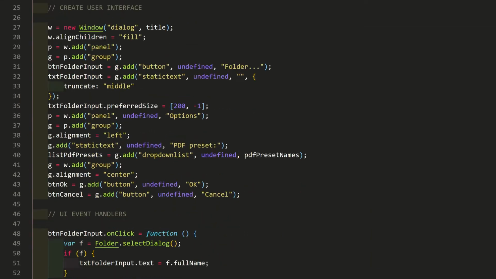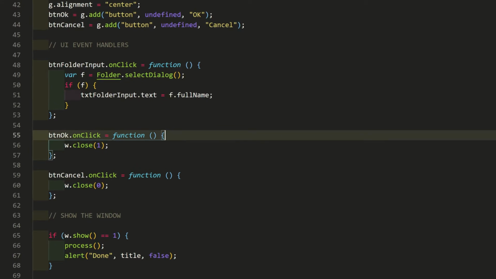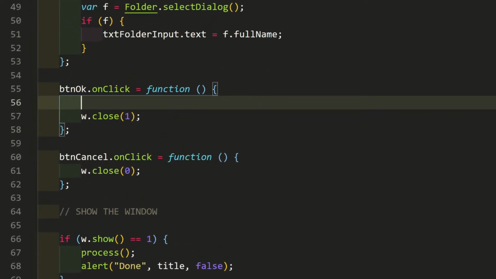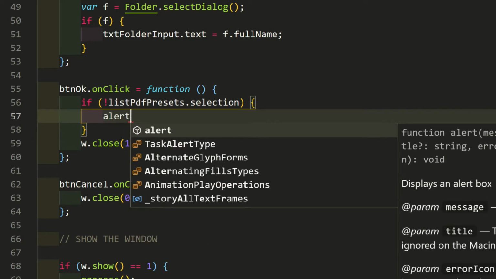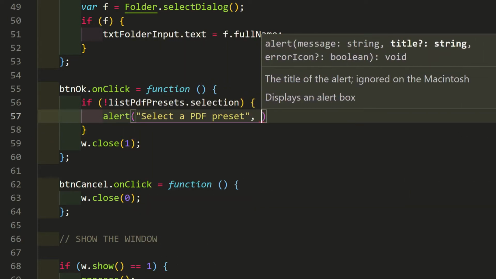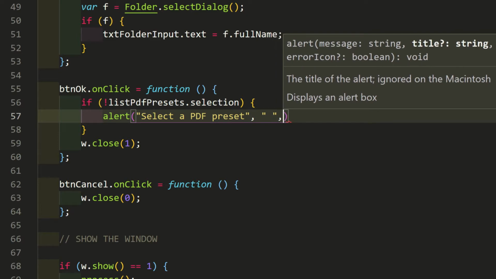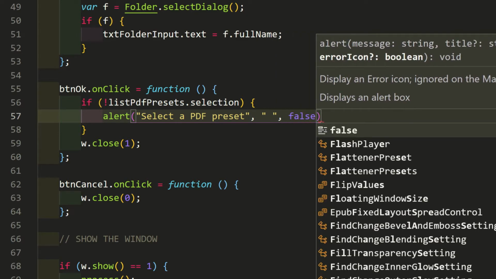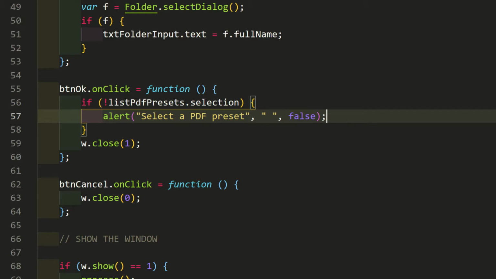Before closing the window, test if a PDF preset is selected. If not, list PDF presets, selection, alert, "Select a PDF preset", an empty string for title, and false because this isn't really an error, just nudging the user to choose a preset.